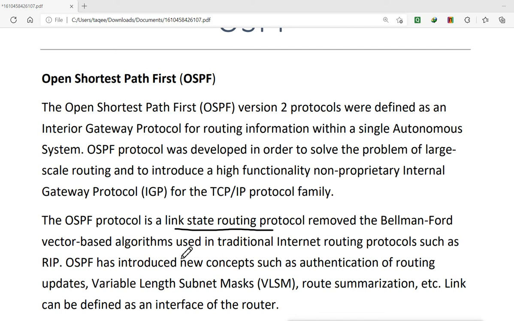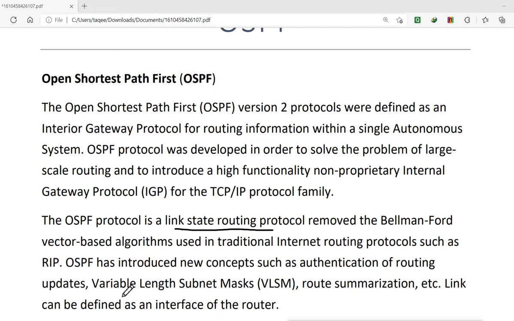OSPF has introduced new concepts, such as authentication of routing updates, variable length subnet mask, route summarization, etc. It supports authentication of routing updates, which was available in RIP version 2 also.